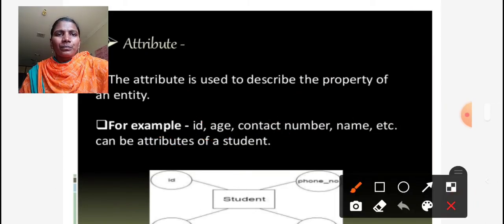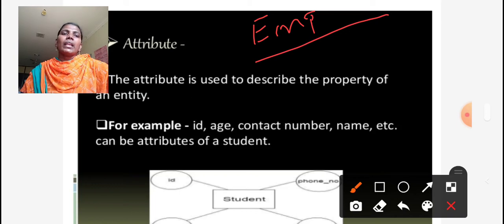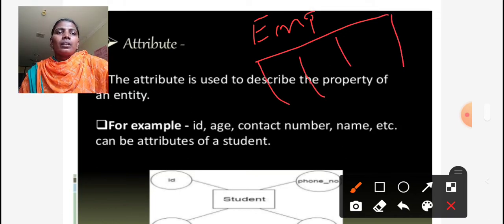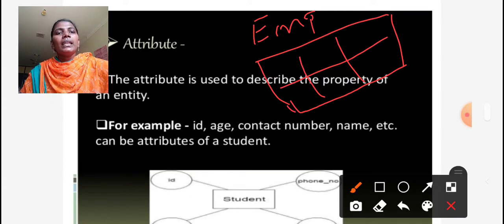For example, if we take the employee table, that is the employee database, where the database name is displayed but we do not take any attributes, is there any chance to store any data in this database?